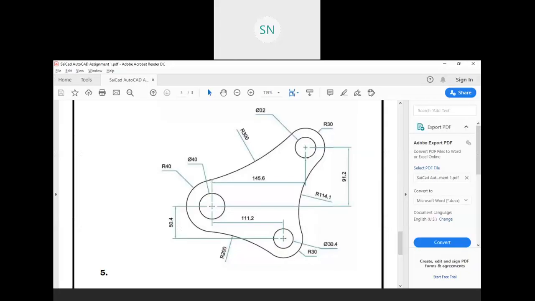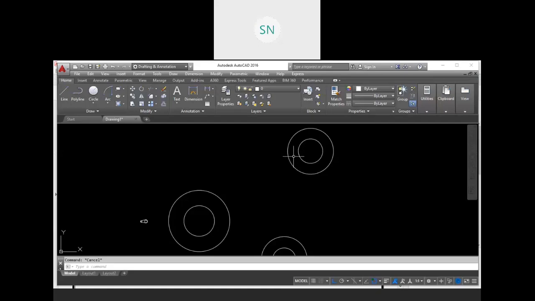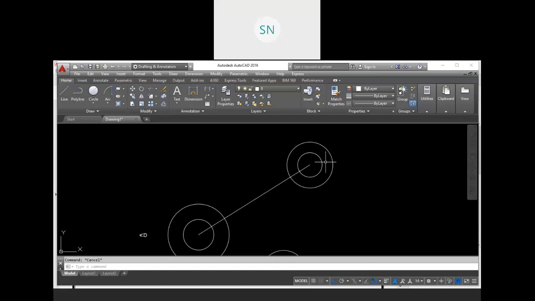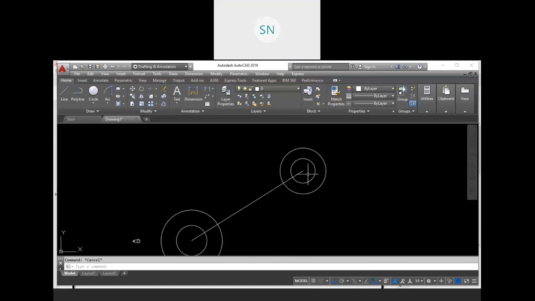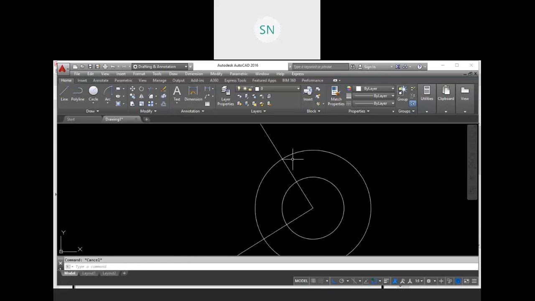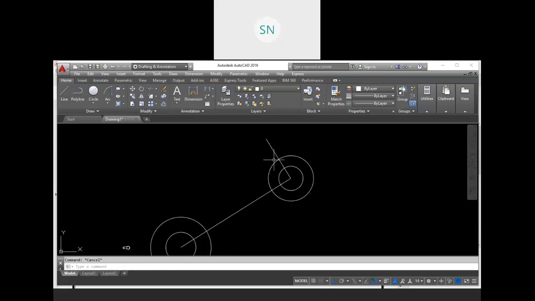So first of all we need to find this point, the tangent point. Let me create one line and one more line which is perpendicular here. Okay, so we will use this crossing point.